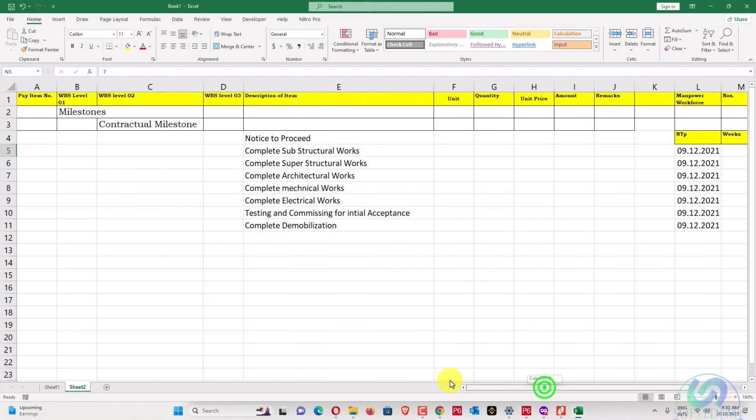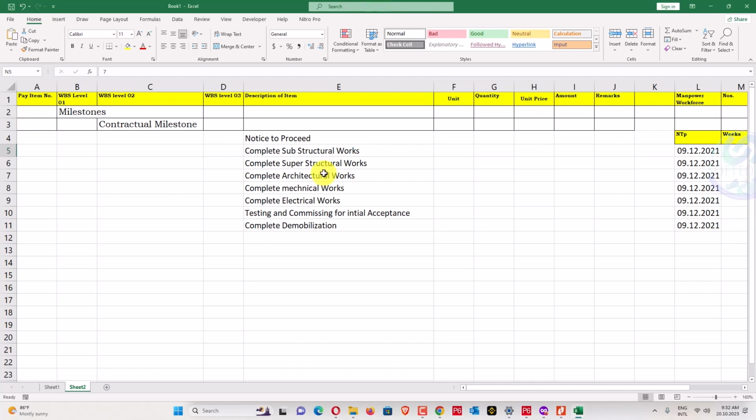There are not only contractual milestones on the project, there are other types of milestones, like current control milestones. People do not understand that type of milestone, but they consider it an intermediate milestone, or a performance milestone. They have different names, but there are some specific names and concepts, so you should know about that. I will go for the next one.